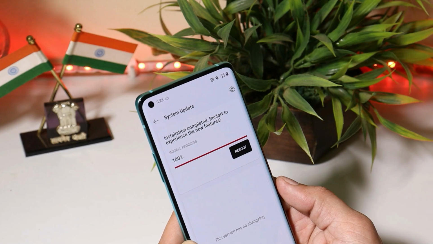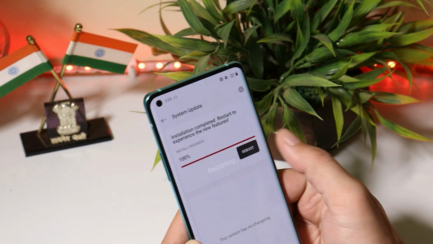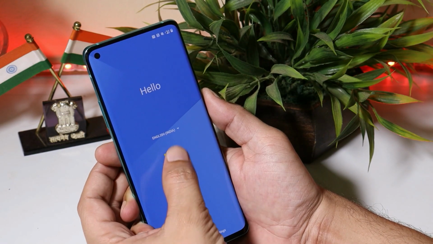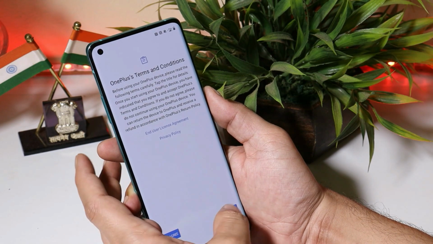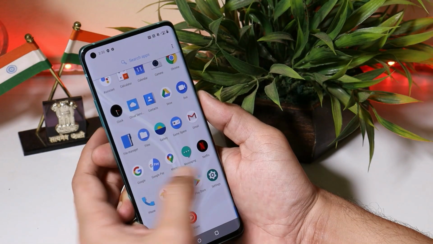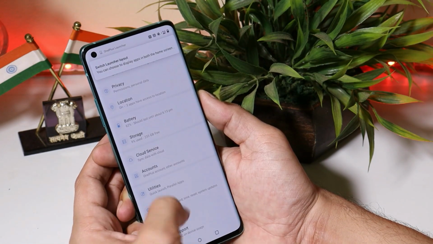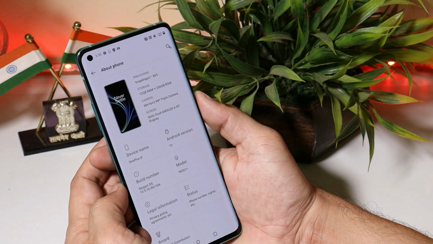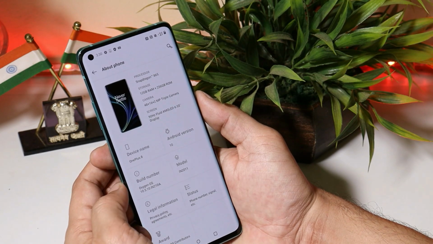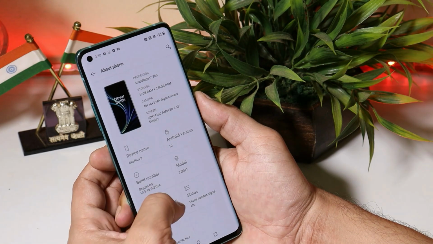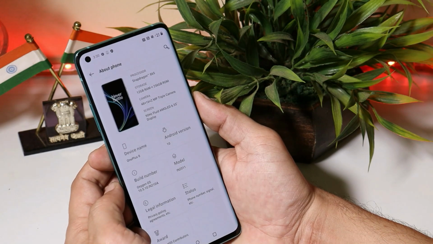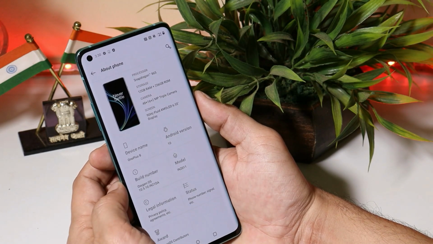Once the installation process is completed, you can reboot your device. And here we go. Our device has been successfully downgraded to Android 10. You can complete the initial setup. After your device has been downgraded, the Android version on your device will be 10.5.10 depending on your region. And after this, for those people who are on the beta channel, they can use OTA update, or you can find the files of Oxygen OS 11 for your particular device. Either you can do a local upgrade if you haven't received the OTA update, and if you want to stick to Android 10, you can be on Android 10.